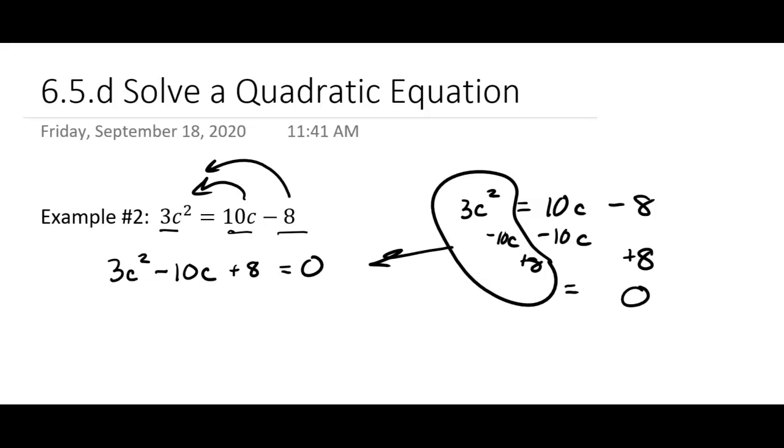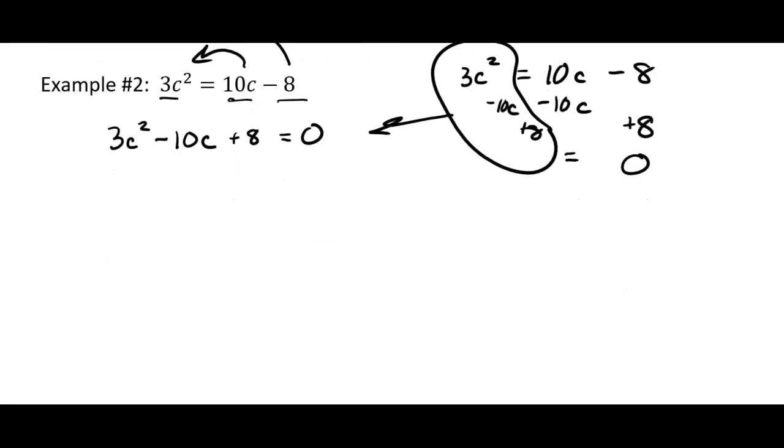Okay, now we don't have multiplication on the left. You can't use the zero product property if you don't have multiplication. And so we have to turn that polynomial on the left into products, multiplication. And so I've got to think, okay, how am I going to factor this? Well, I could use the AC method. Sometimes the AC method's a little tricky, and I'll go ahead and do that for you so you can see it. Take 3 times 8, which is 24.